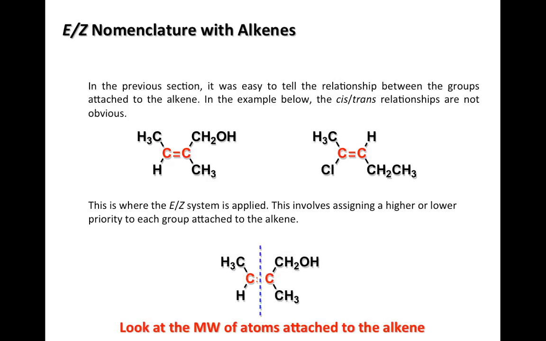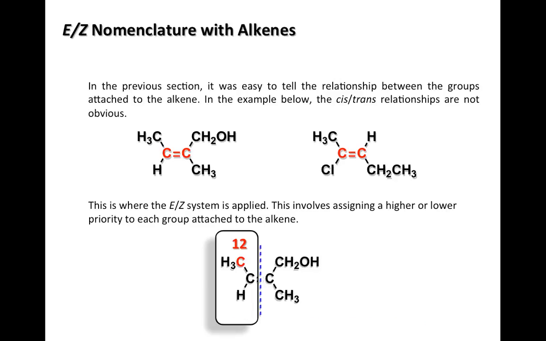So what we're going to do is split our double bond in half. We're going to think about a left side and a right-hand side. And when we do that, we're going to look at the atoms that are directly attached off of the carbon-carbon double bond, and we're going to look at the molecular weight. So in this case, we've got a carbon that's directly attached, which has a molecular weight of 12, and we have a hydrogen that has a molecular weight of 1. So we assign the highest molecular weight a priority of 1, and we assign the lower one a priority of 2. So in this case, our carbon, our CH3 group, is going to be 1,